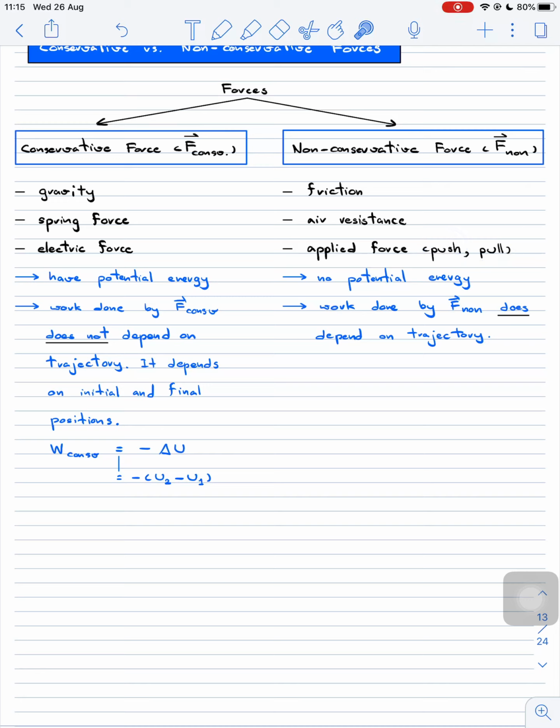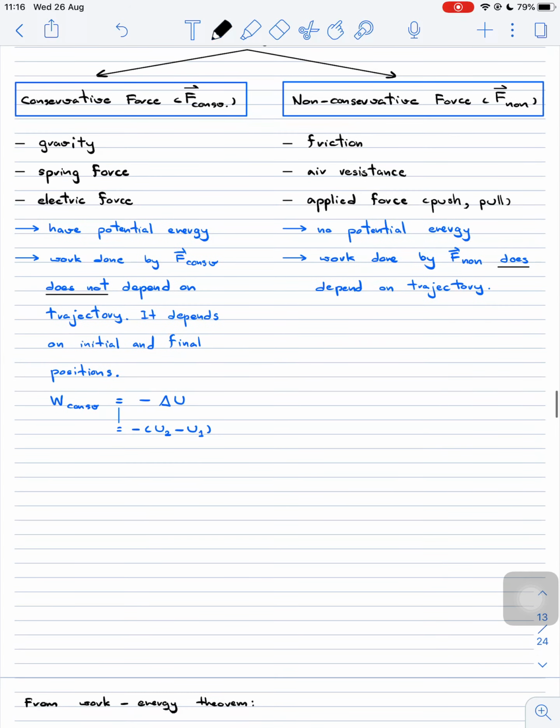Now you can notice that for the friction and the air resistance, we don't have the potential energy for this type of force. So that's the first thing that you need to know: no potential energy for the non-conservative force. And then the second thing is the work done by the non-conservative force depends on the path that the object